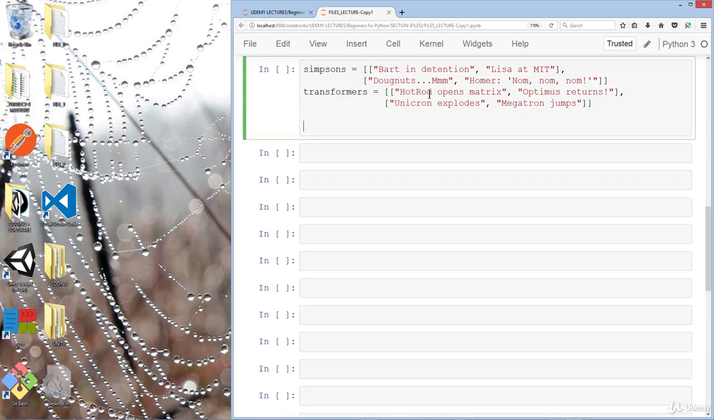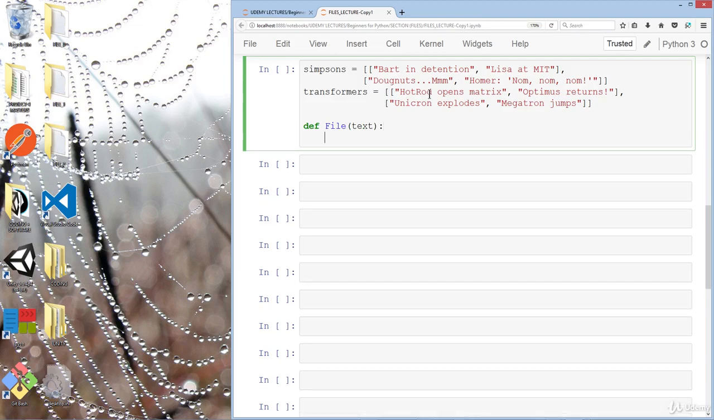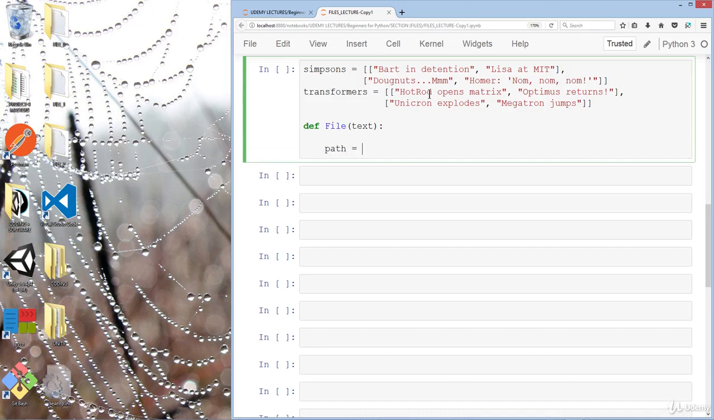Okay, and then we'll do def, so it's a function we're going to create, file text, and then we'll do a path. Path equals c slash users slash Michael slash desktop. So we're putting them directly in the desktop this time. Slash